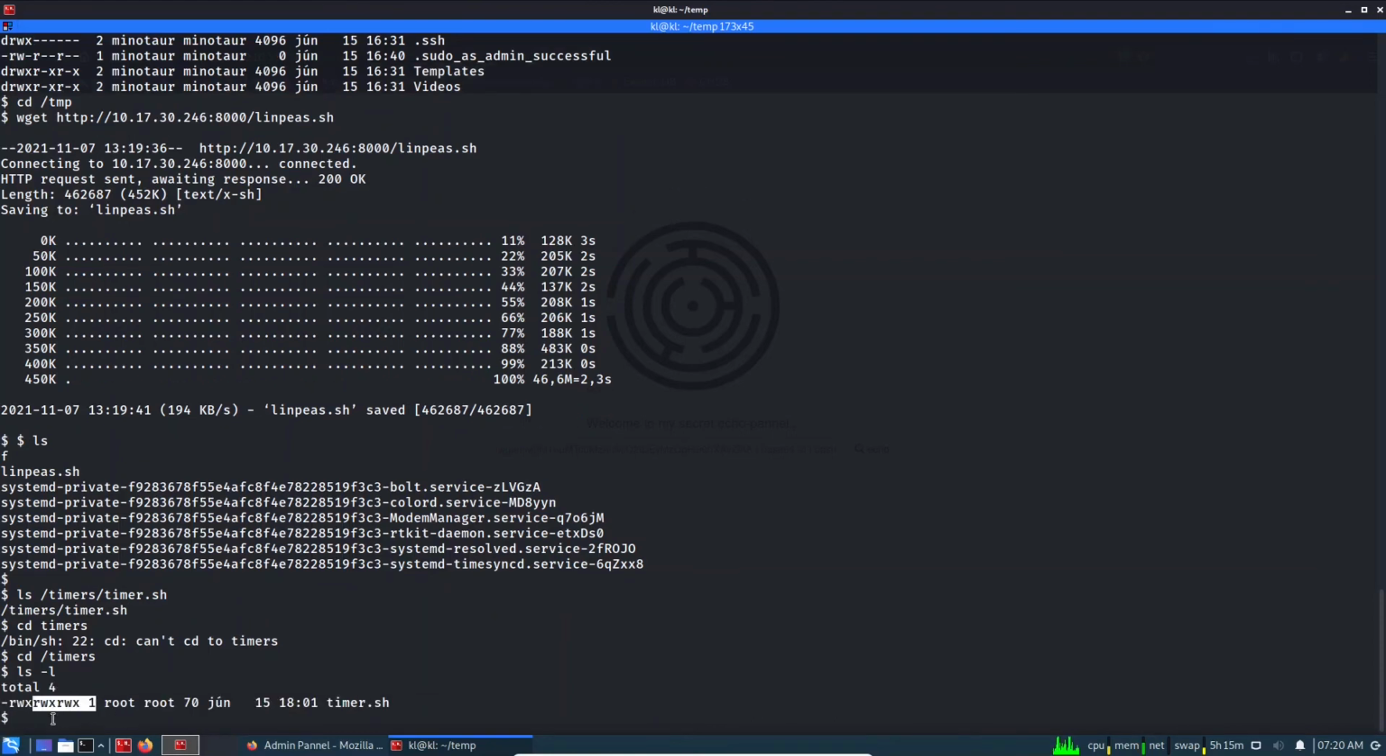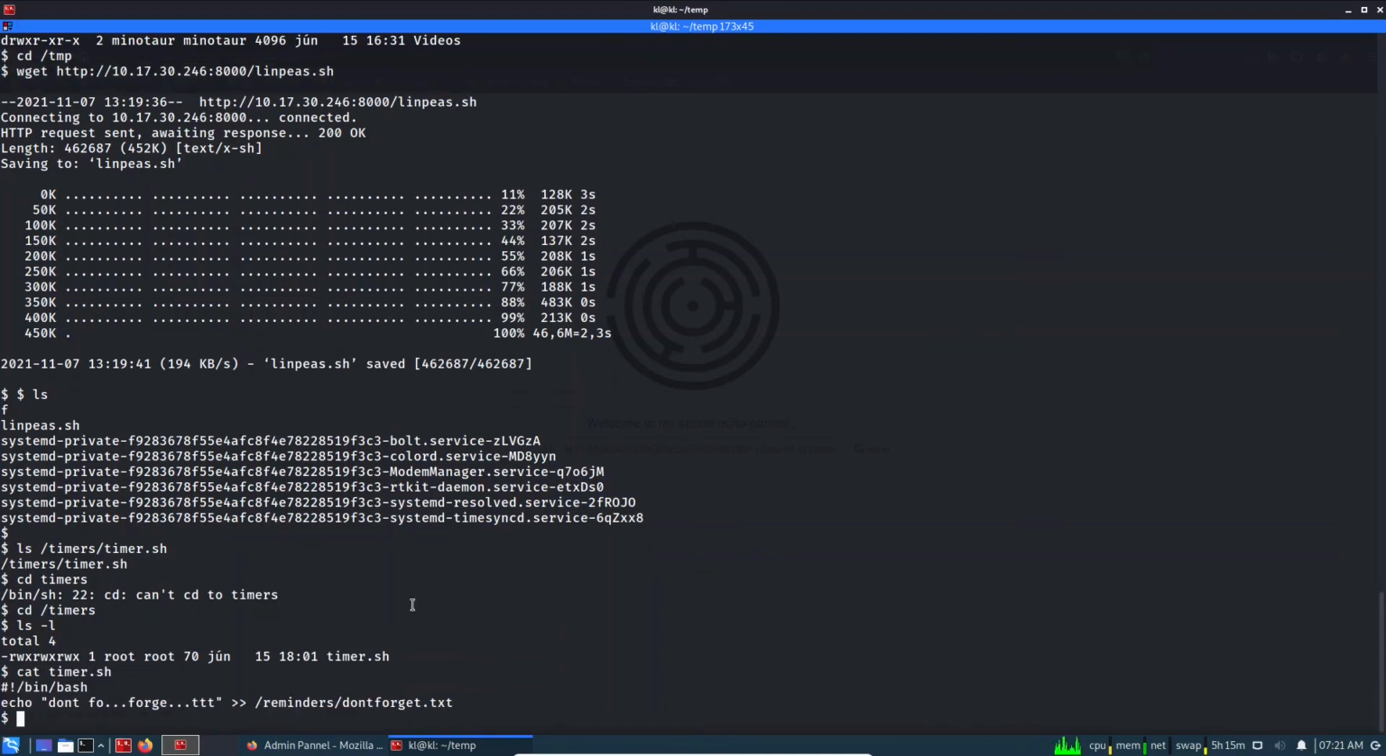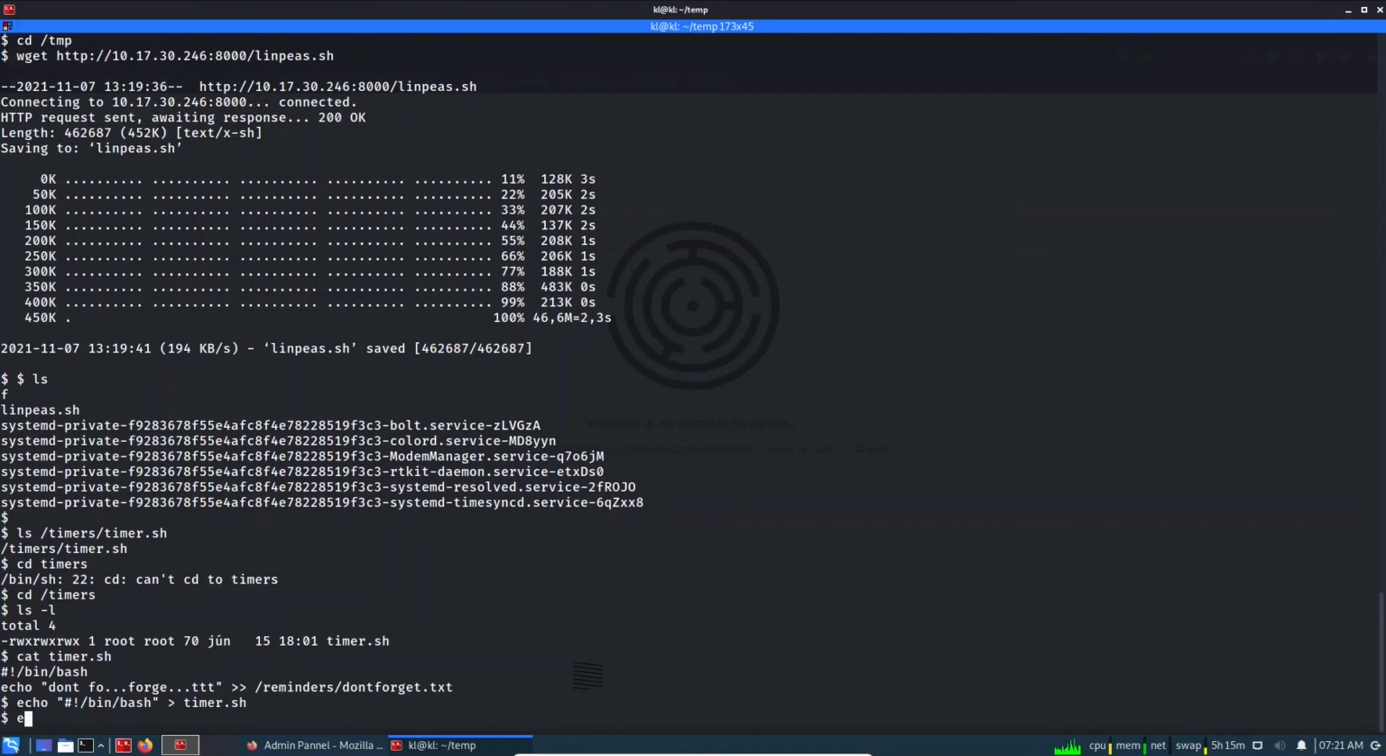and you can see it is writable. So cat timer.sh, and it is owned by root, and because this is under timers, I'm assuming this is scheduled, and we can run anything. So let's start writing some code which we can overwrite here. So /bin/bash, timer.sh, and then